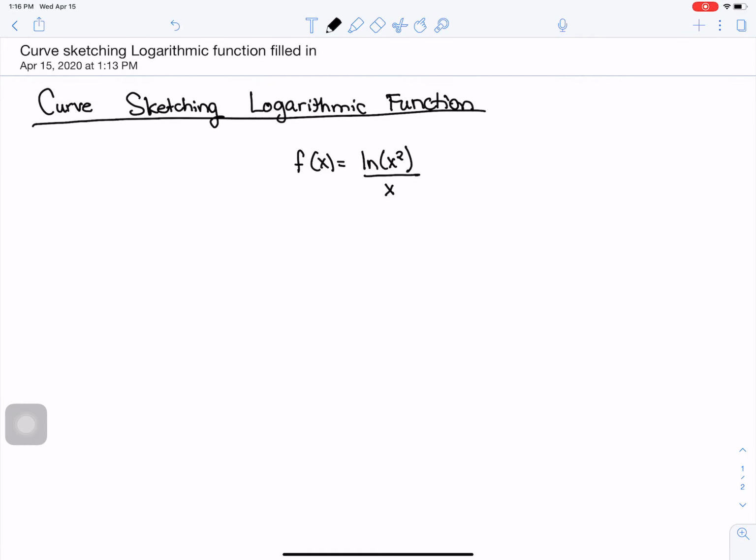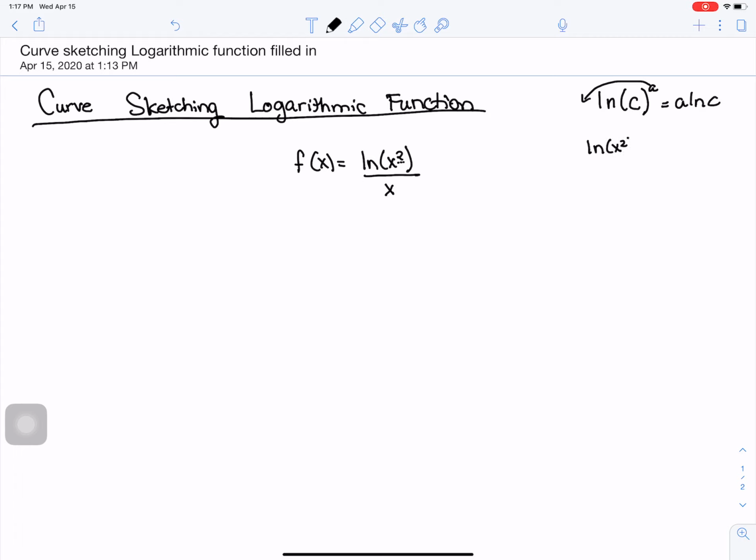So we're going to do another example of curve sketching, this time with the logarithmic function. When you're dealing with these logarithmic functions, you got to be really careful. I want you to think back to our identity. If I have ln c to the a, we're usually allowed to bring this a out in front, a ln c. Now in this example, you do want to be careful with the 2,